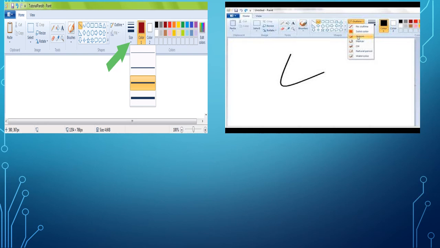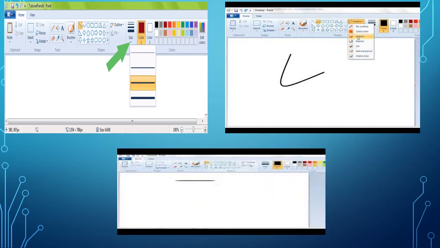If you need more design of line, you select the outline. Below that some options will be coming, from that you can select your preferable color or design of the line. After that you can drag your pointer to the drawing area, then you can draw line.